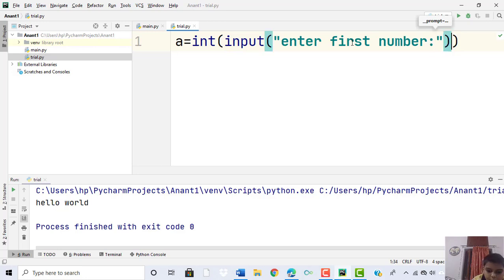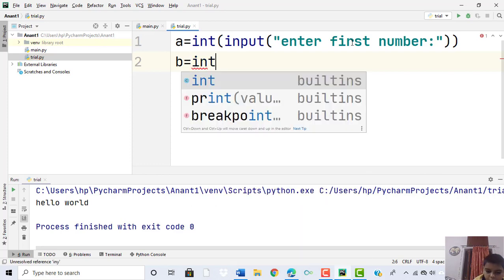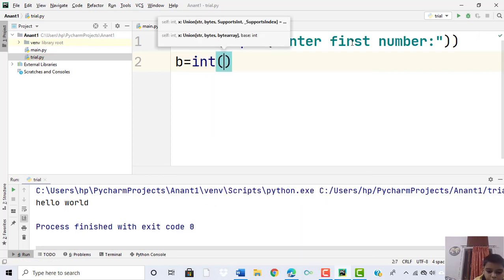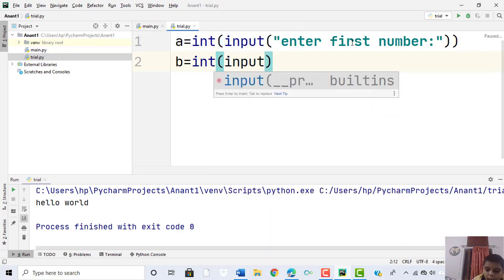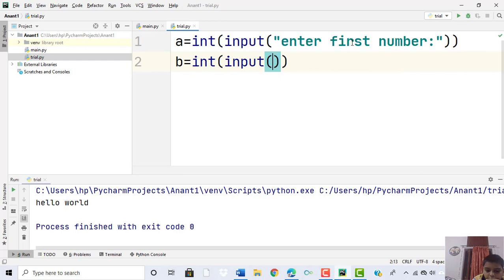Then b is equal to int, bracket, input, bracket, then double quotes, and then we write enter second number.